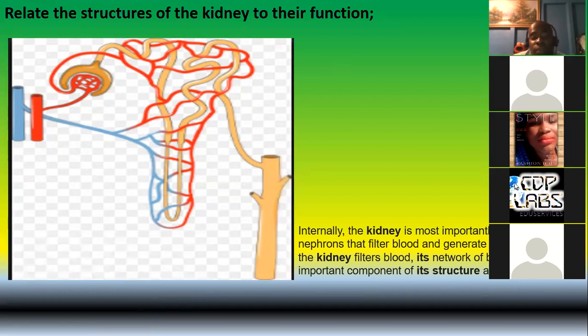Trudy, I'm going to start with you, being that you said you were not able to put the letters on the diagram, and I told you to be prepared to answer the question in class. Now is the opportunity. Can you identify this structure here? That is the Bowman's capsule. Very good.